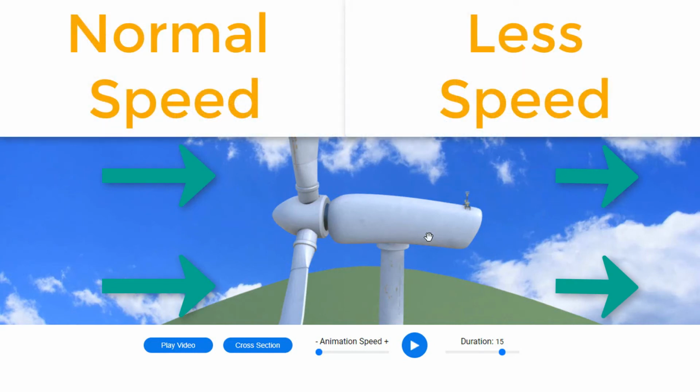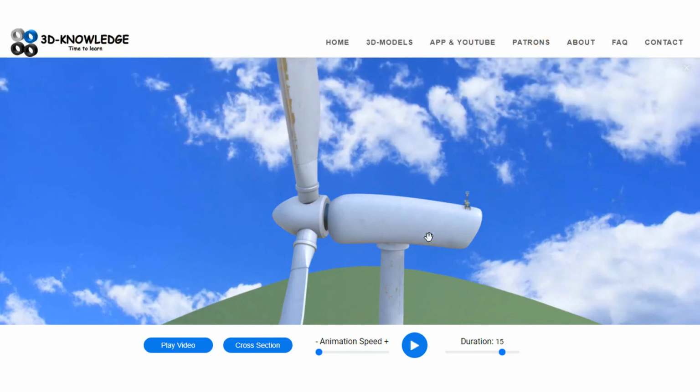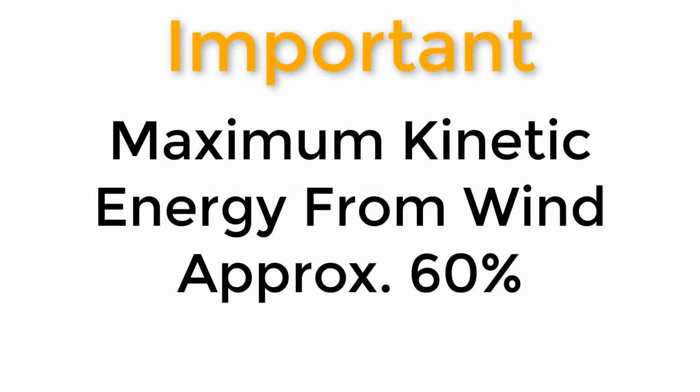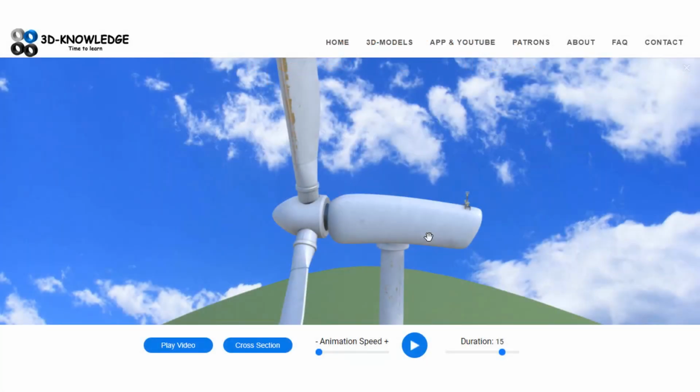Now there's a few other factors that are going to happen here. The wind itself is going to diverge from the blades, and as some of the energy has been extracted, it will slow down. But all of this means that the amount of energy we can extract from the wind is limited to just below 60%, about 59.3%. The wind has to continue flowing past the blades in order that you can extract the energy out of the wind. However, as it goes past the blades, the wind is slowed down because some of its energy is imparted